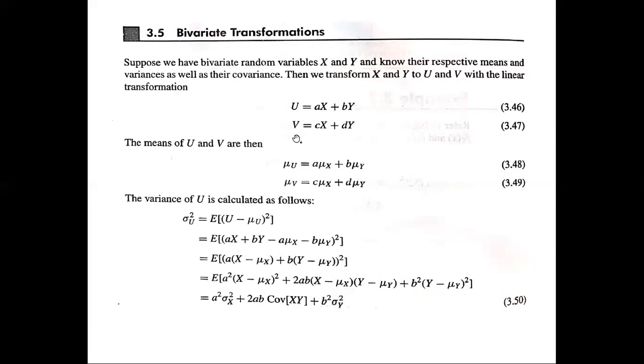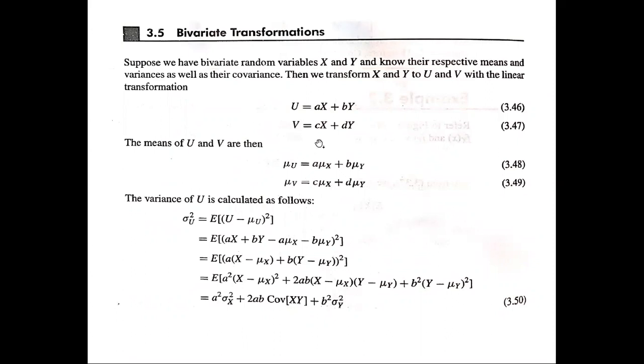In a similar way, we can say that because v is equal to cx plus dy, its mean will be mu v equal to c mu x plus d mu y. And the variance of v, which we can call sigma v squared, will be equal to c squared sigma x squared